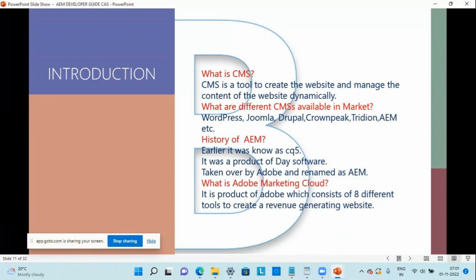So why is AEM in demand in the market? Why is everyone preferring AEM? AEM is a product of Adobe. Adobe is a very good brand in the market. All the customers have trust in Adobe. That is the first reason AEM is in demand. Second reason,